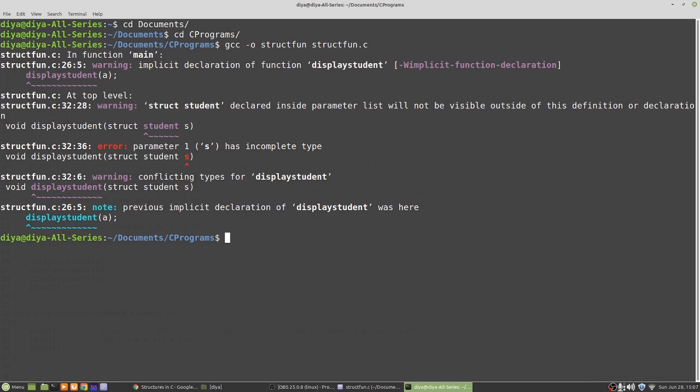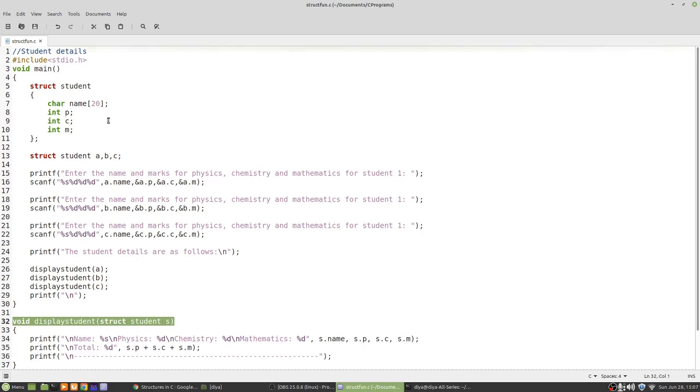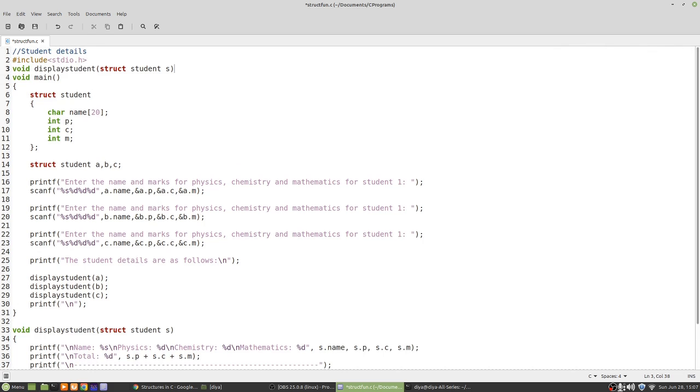Lots of errors. Can you identify the error? When you are using a function, the function should have three parts. The definition part is here, the calling part is here, but we didn't put the declaration part, so I have to put it here with a semicolon.